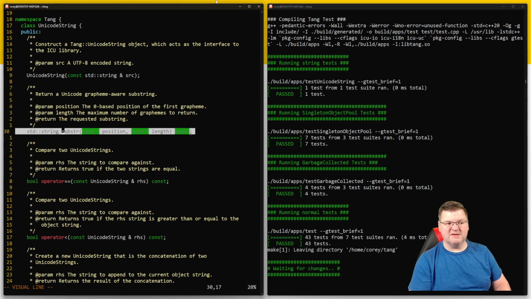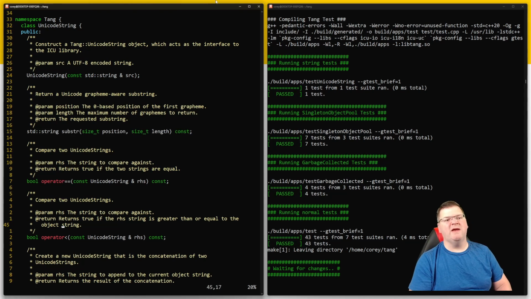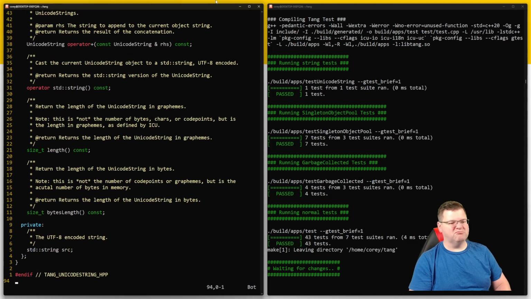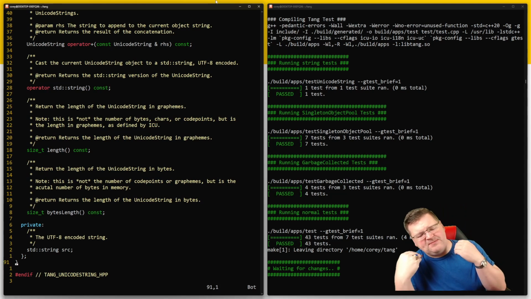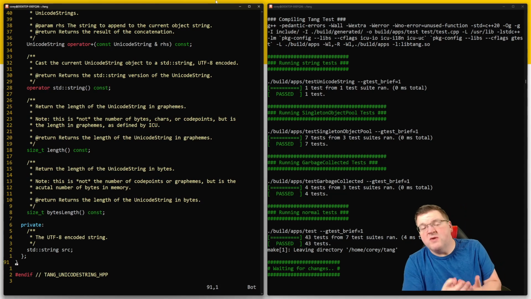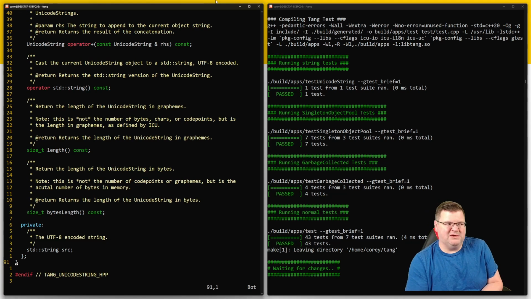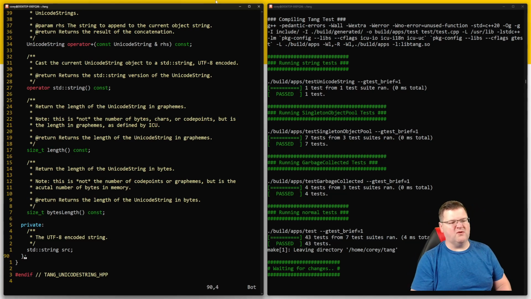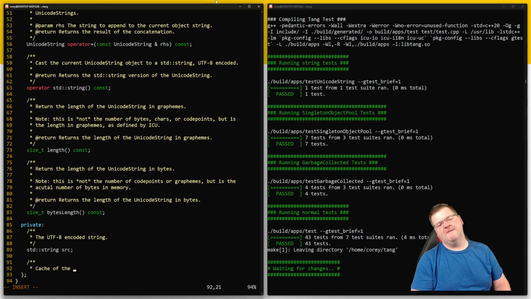And normally, if something's const, you're not supposed to be able to modify it, but we need to be able to change. We want to be able to cache it. We don't want to calculate this if we don't have to, but if we do calculate it, don't throw away the results. Keep it. And that's what the mutable is for. So we're going to add a cache of the